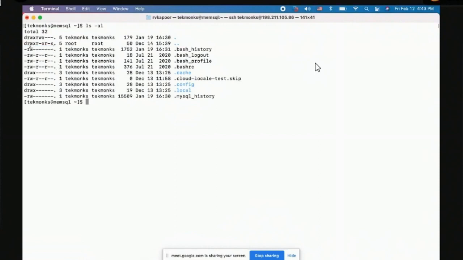So what does it mean? D means it's a directory, right? So this one is a directory. This one is also a directory. So dot means current directory, dot dot means my parent directory. Then there will be three fields,